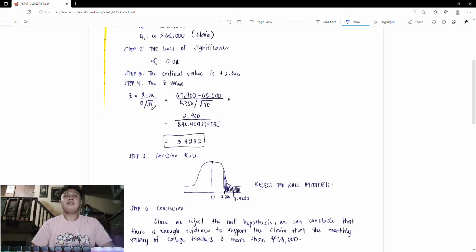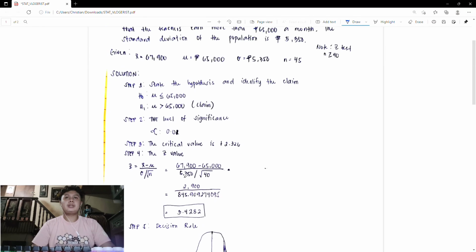So by that formula, let's substitute the values. The mean, which is 67,900, minus the population mean, 65,000, divided by 5,350, which is our population standard deviation, divided by the square root of the sample size, which is